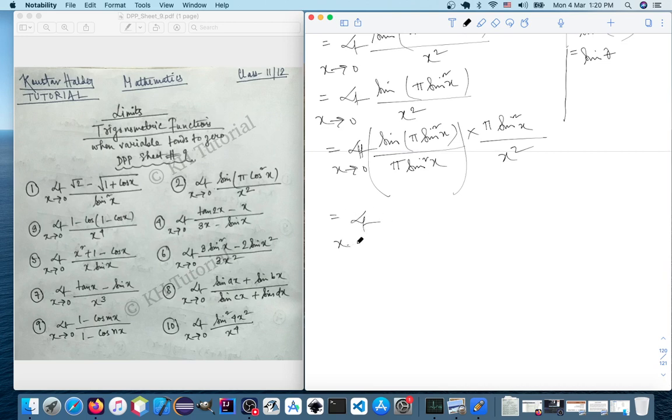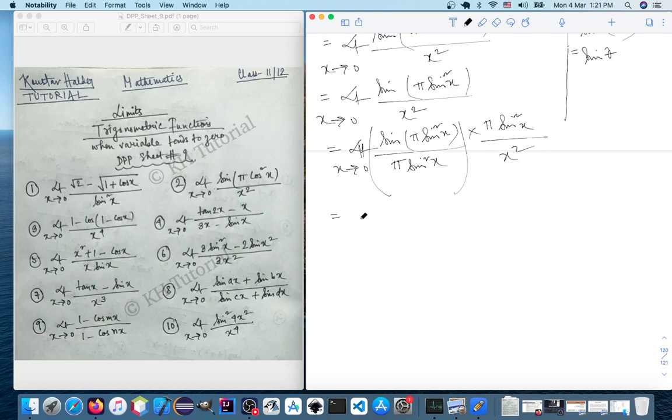We have the pi. We will keep the sine square x by x square, that gives the standard result limit of sin x by x. We'll bring the pi outside,